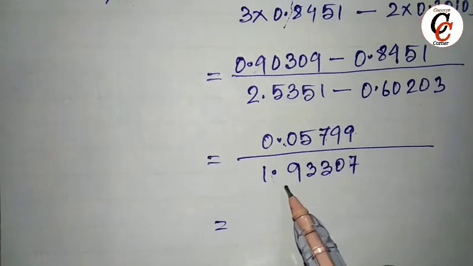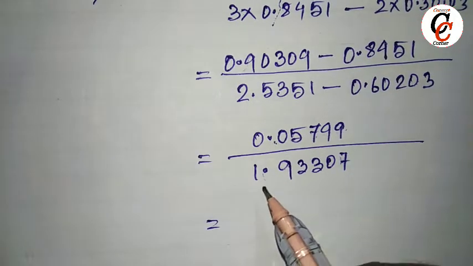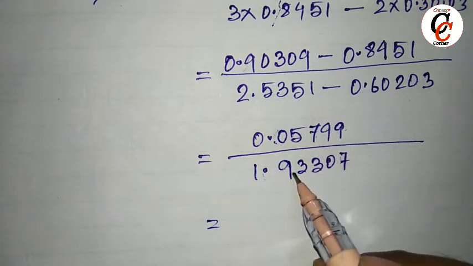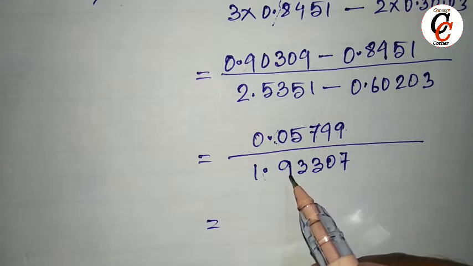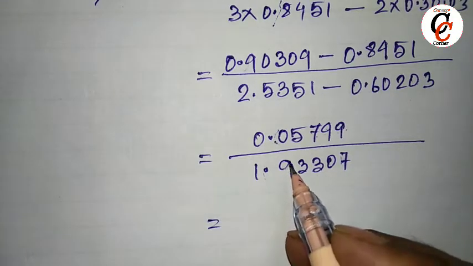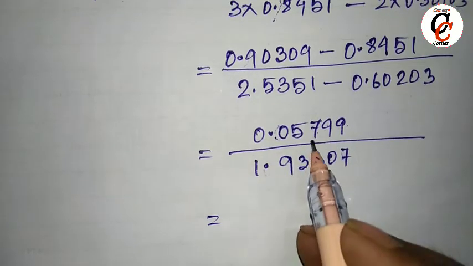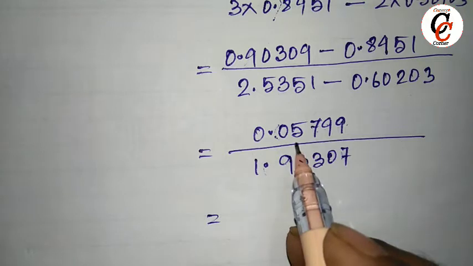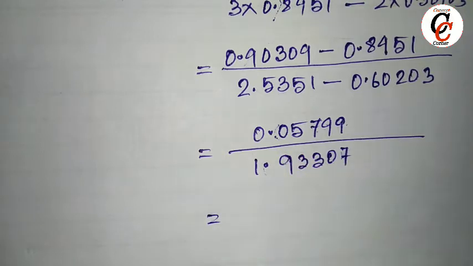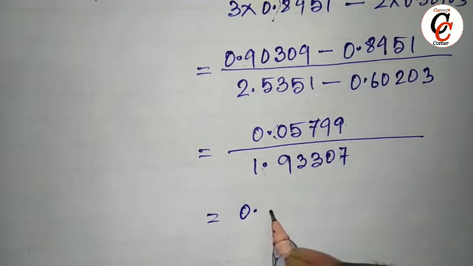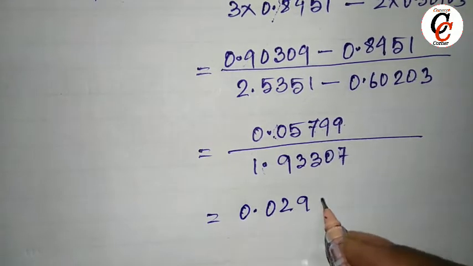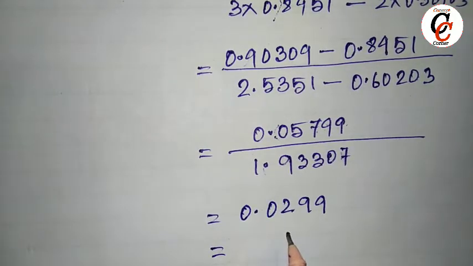Since the numerator is less than 1 and the denominator is greater than 1, approximately it is 2. So if you divide the number by 2, then we will get the approximate value. Since 1.9 is very close to 2, we can divide the numerator by 2. We will not get the exact value, but it will be the approximate value. Otherwise, you can divide it directly yourself. I have solved it, so I am writing the answer here.